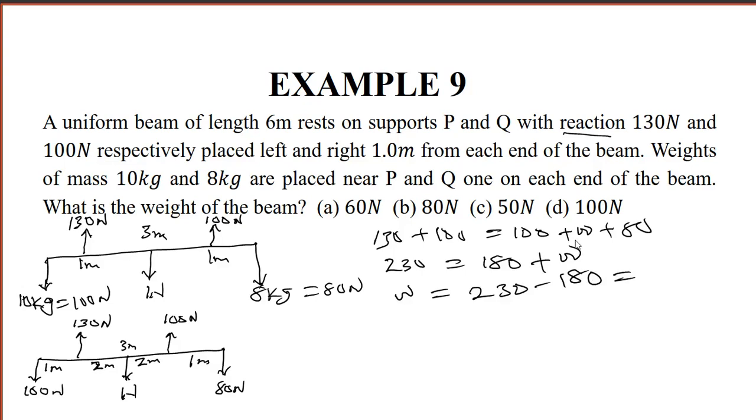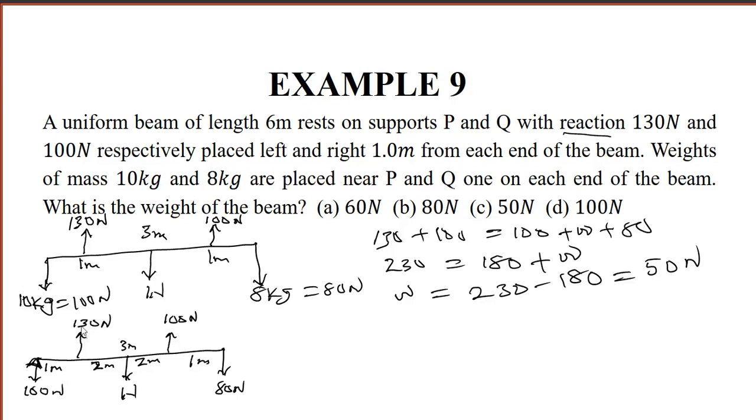230 minus 180 gives us 50 Newton, so the weight is 50 Newton. Now we can take moment using the moment method. Let's say we are taking moment at the 100 Newton weight, so that there will be a knife edge there. If we are taking moment there, if we drag the 330 Newton